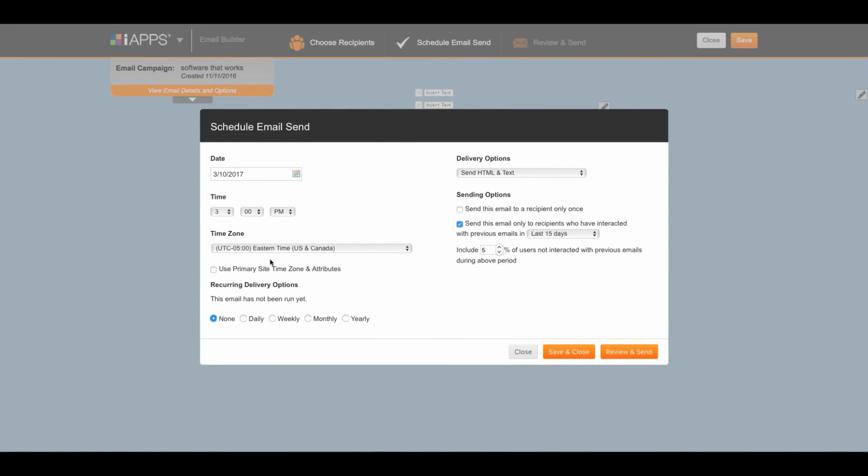And you can see here under time zone, we can either specify a single time zone, or, given that this is a multi-site and multiple marketer instance setup, we can say let's use the primary site time zone and attributes. So it'll pick up the site attribute time zone setting, and we'll batch send based on the time that we specify here. All right, so that covers the high-level features of what will be available come April 15th